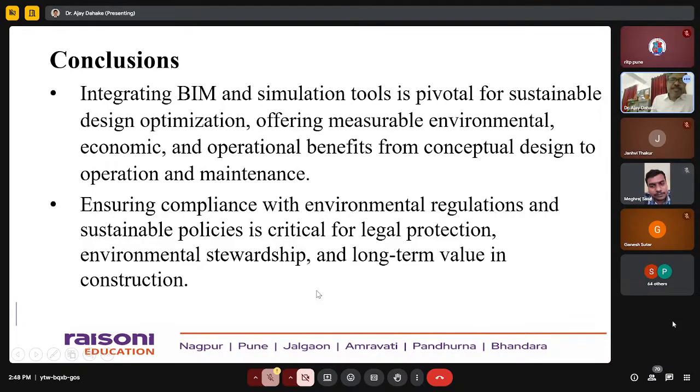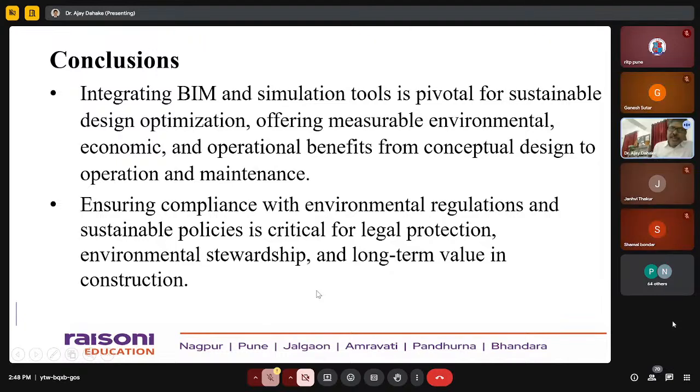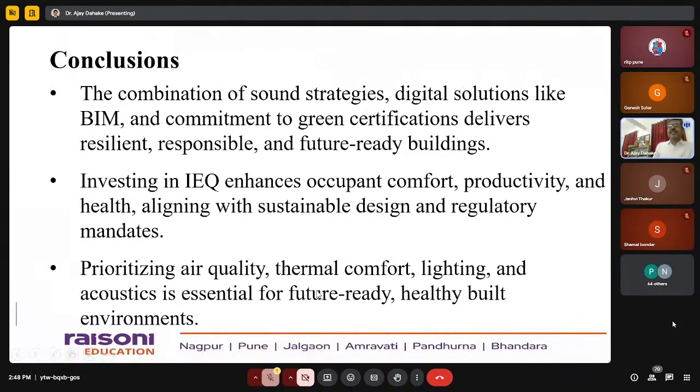Coming to the conclusions, integrating BEAM and simulation tools is pivotal for sustainable design optimization, offering measurable environmental, economic, and operational benefits from conceptual design to operation and maintenance. Ensuring compliance with environmental regulations and sustainable policies is critical for legal protection, environmental stewardship, and long-term value in construction. The combination of sound strategies, digital solutions like BEAM, and commitment to green certification delivers resilient,